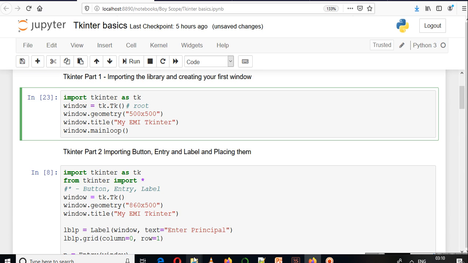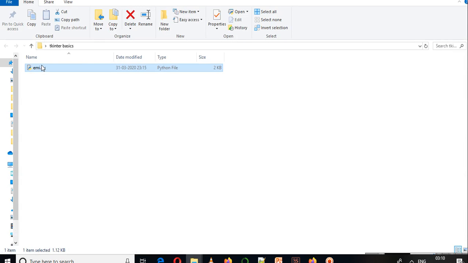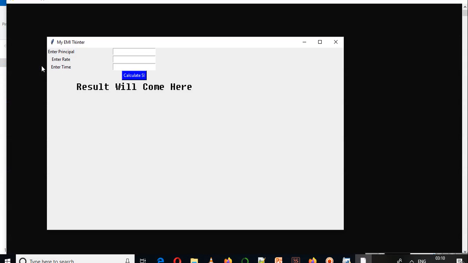Now because we are taking this particular example as a reference, let's get familiar with some elements on this window. In this window, there are three labels here. So we have to import labels from a library.